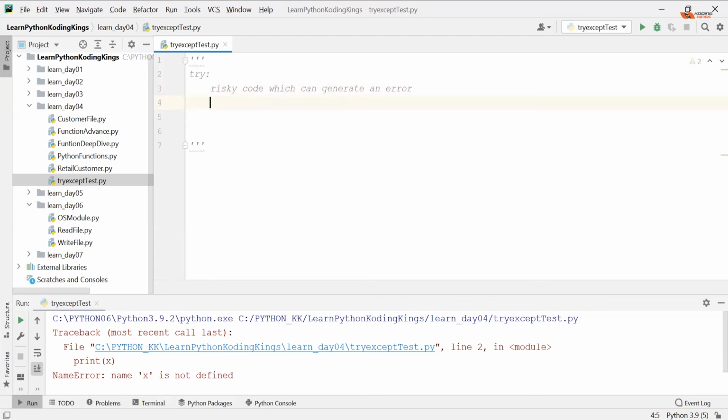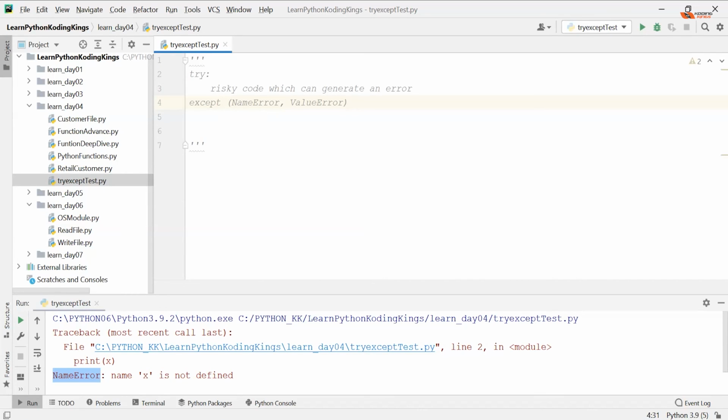If that particular error gets generated, then what to do? You accept it. So you write except, that is called an exception. In except, if you know exactly which exception is coming through, make sure you write it. Like if you know that NameError is going to come here, then type NameError, no issues with that. If you think there are multiple errors coming through, you can always combine them together: NameError, ValueError, all those things you can combine.